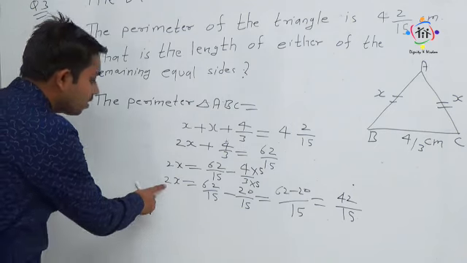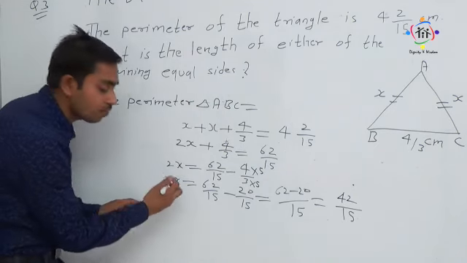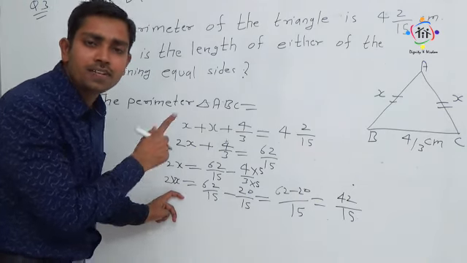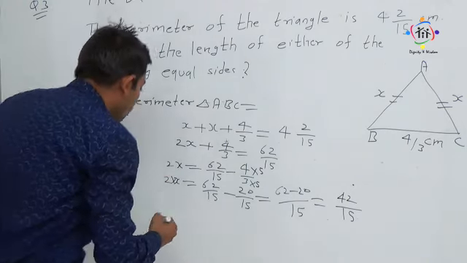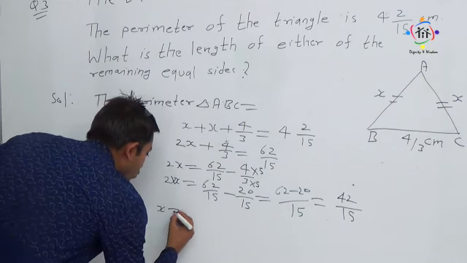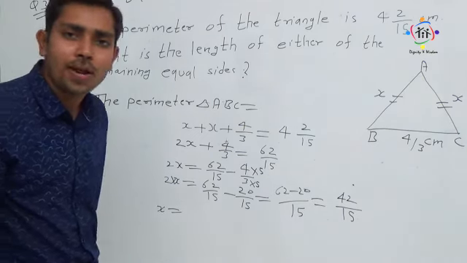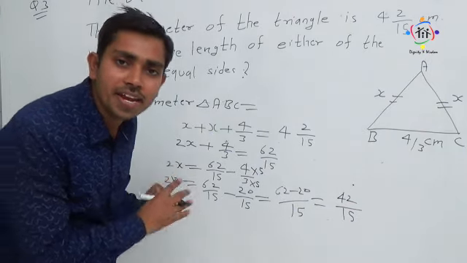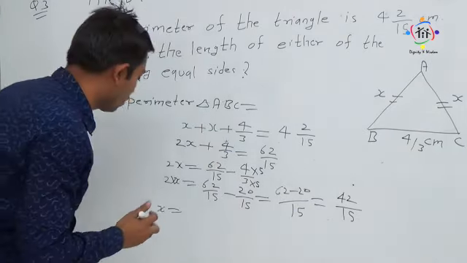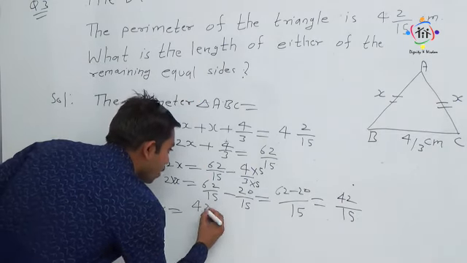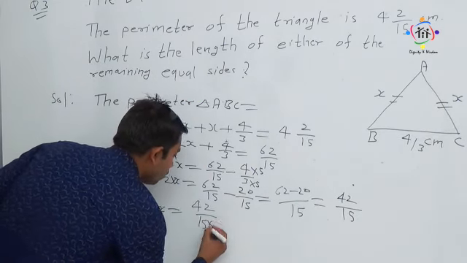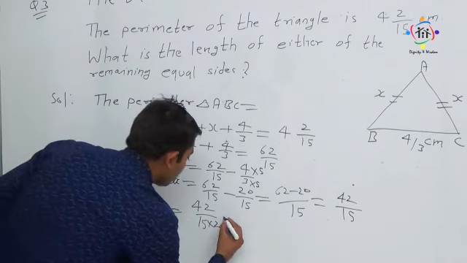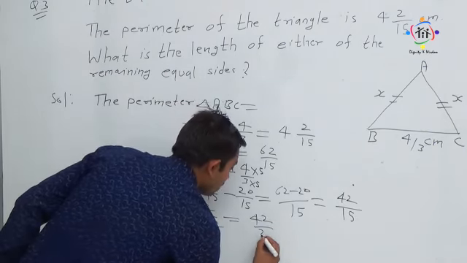Now further, take this 2 also to the right side. 2 with no sign means multiplication. 2 is multiplied with this variable. When it goes to the right side, it will become what? Division. So now we want to take this 2 also to the right side. This 2 will go into division on the right side, because on the left side it is multiplied. So x is equal to 42 by 15 into 2. So it will go into multiply into the denominator. 15 2s are 30. 42 by 30.